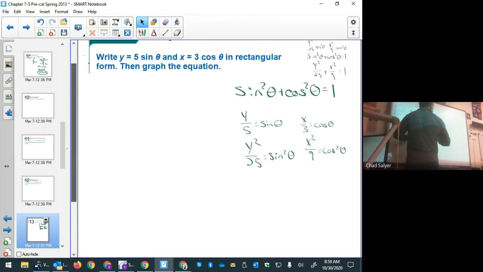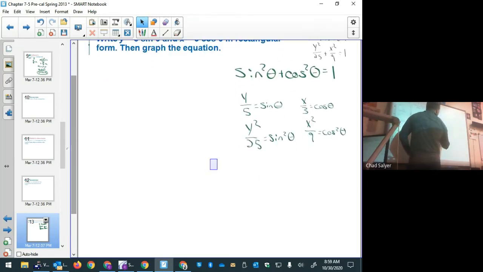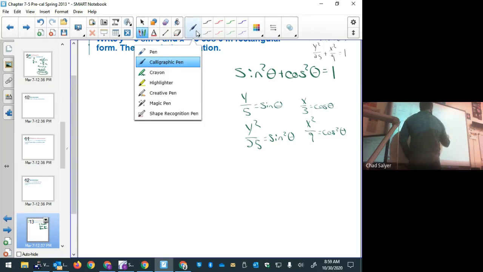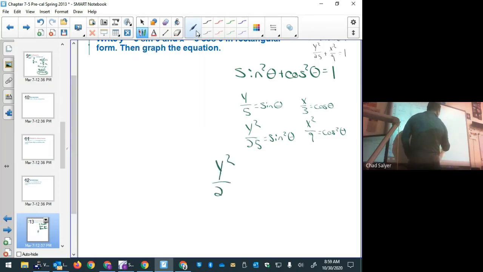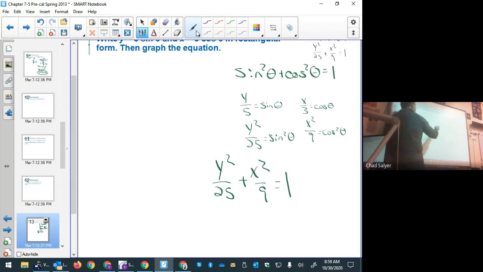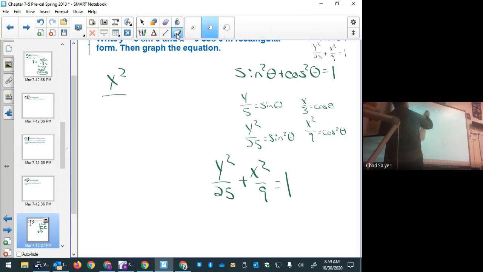So that result is going to look like this. y squared over 25 plus x squared over 9 equals 1. And then if I rearrange those terms to put them in standard form, actually, that is in standard form, never mind, because the 25 is a bigger denominator. So anyway, there's our